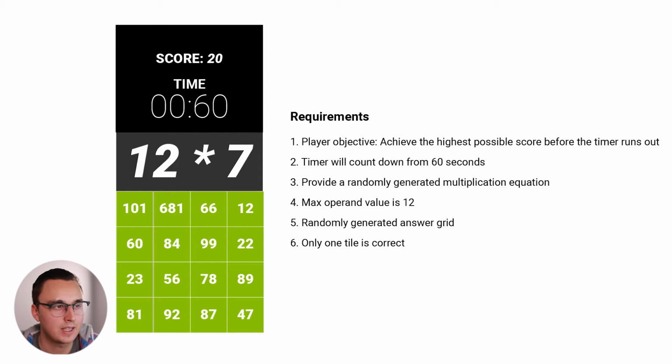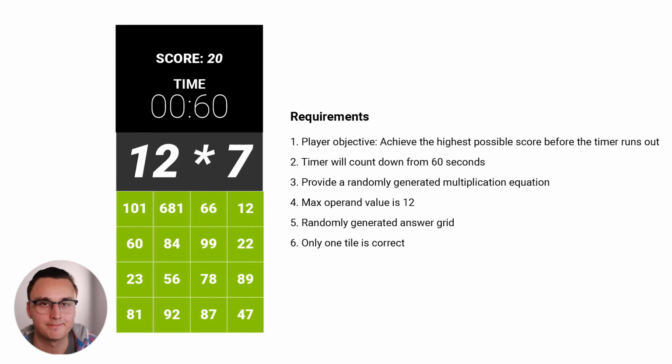The player objective is to achieve the highest possible score before the timer runs out. Pretty exciting, I know. The timer will count down from 60 seconds. We'll provide a randomly generated multiplication equation. I just want to point out it will be multiplication only. We're not going to focus on many different types of operations. The max operand value is 12, so either a number on the side of the equation will only be a maximum of 12. We'll have a randomly generated answer grid of possibilities below the equation, where only one tile is